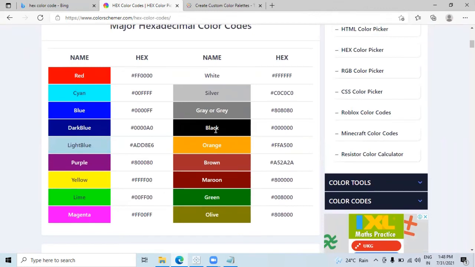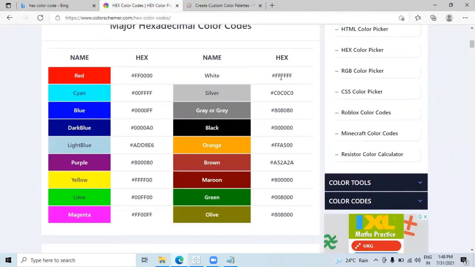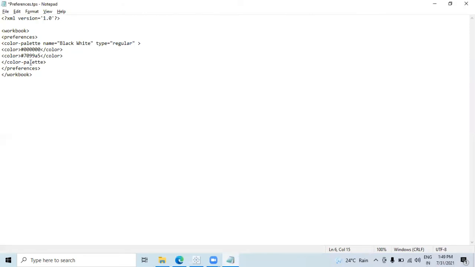I'm using this site. I can easily see this is the hex code of black. I'll just copy it and paste it in here. Similarly for white, I'll take this hex code and paste it over here. I just wanted two colors, so I'll just edit the two color tags. If you want more colors, similarly you can add more color tags inside this color palette, and you can add any number of colors which you want.